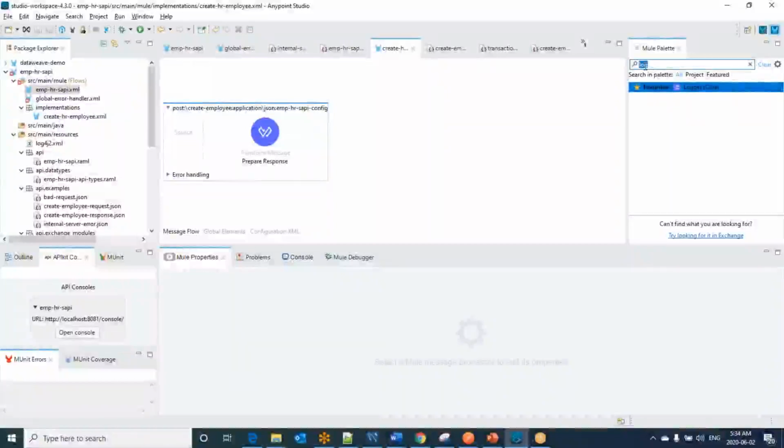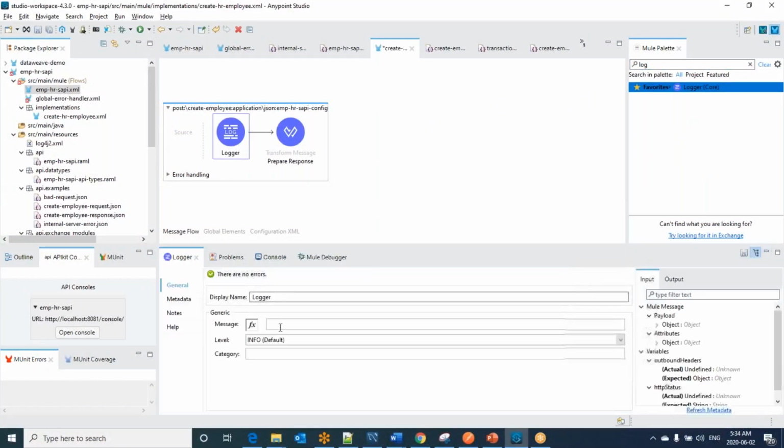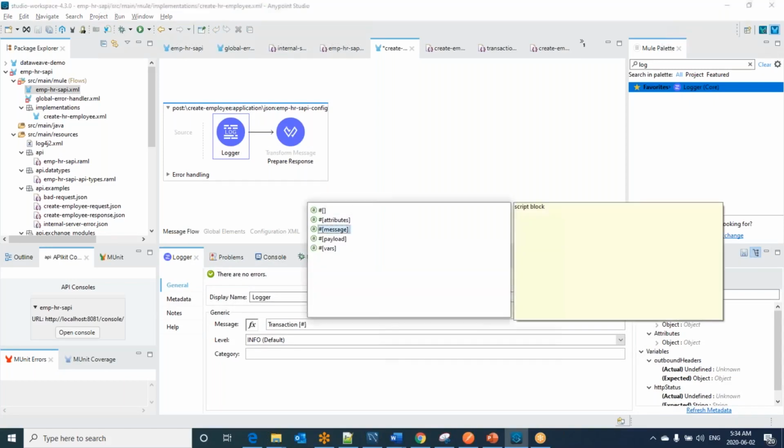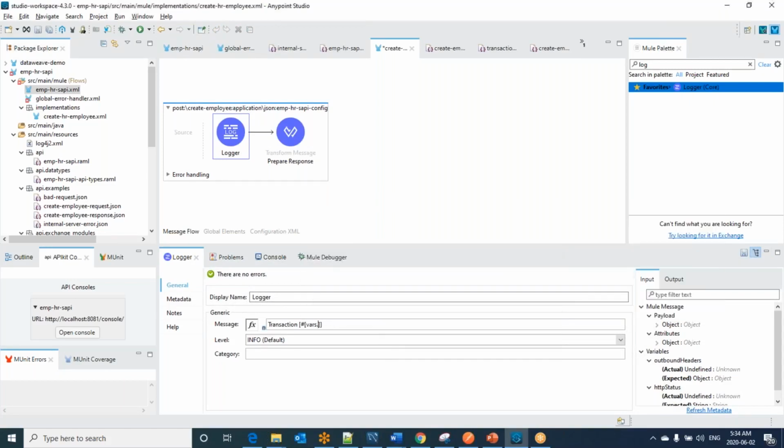Now I am going to take a start log, saying that the flow has started. Let me take it as for transaction, that is vars.transactionID started, create employee flow, and payload is.